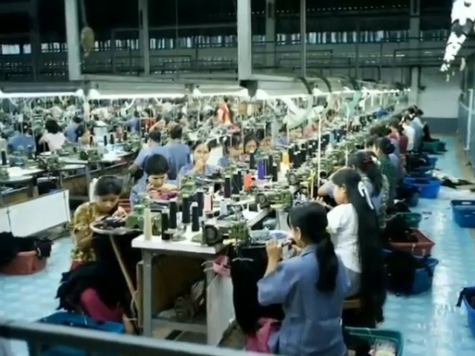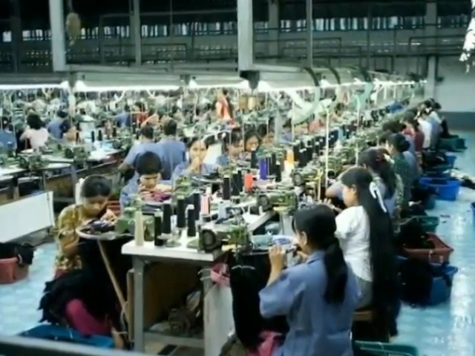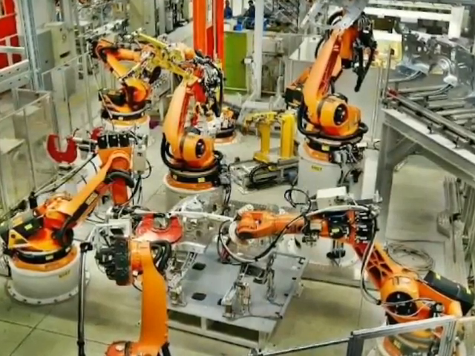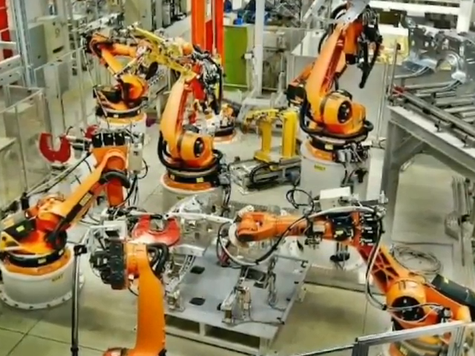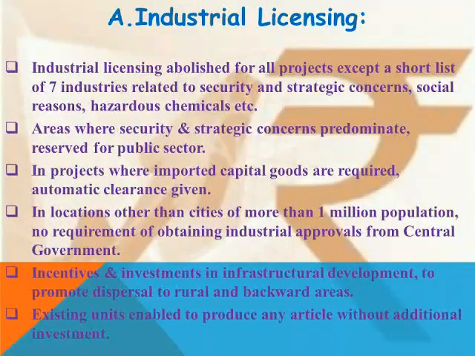So first of all, there was a big benefit from the abolition of industrial licensing. In July 1991, a new industrial policy was announced. It abolished the requirement of licensing except for defense equipment, industrial explosives, and dangerous chemicals. So the people who were interested in establishing or investing in such industries got the freedom to start them without getting licenses. Second thing was expansion of the private sector.